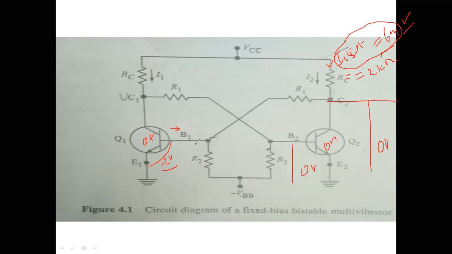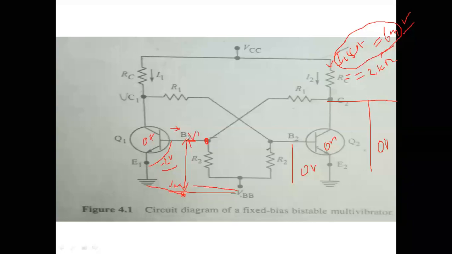Here, for the first equation, we have to find out the voltage at this point. This point is nothing but the VBE voltage. VBE equals the voltage at this node minus the voltage at this point, and the second point is the ground. This is your ground potential. Suppose here we have V1 and here we have V2, then the voltage at this point is nothing but V1 minus V2, the potential difference between two points.